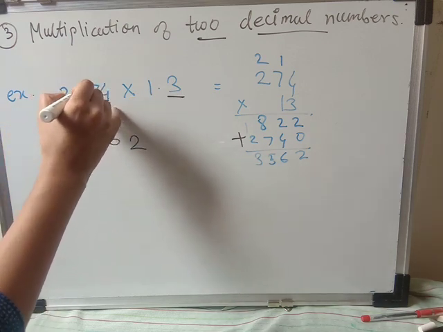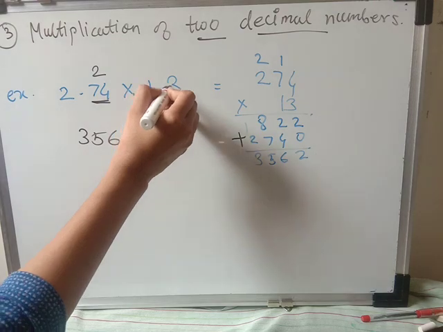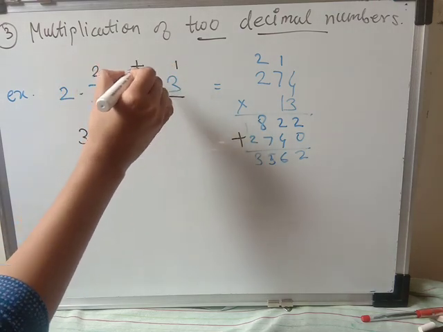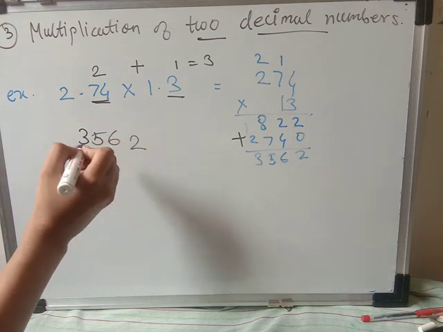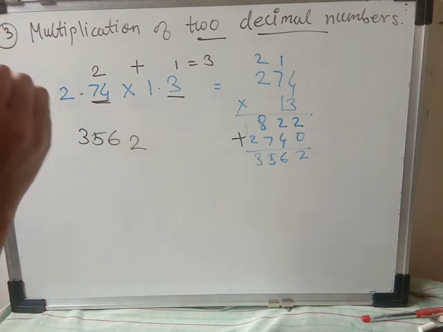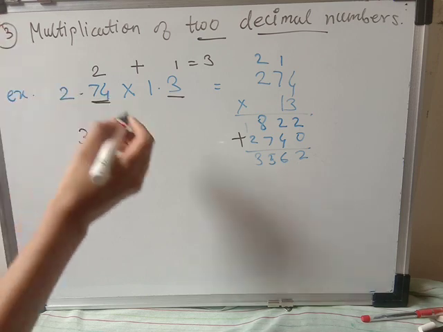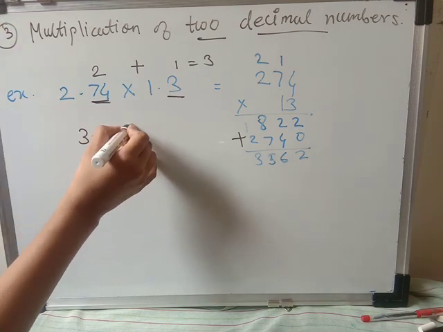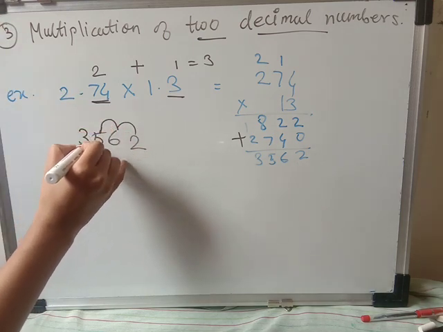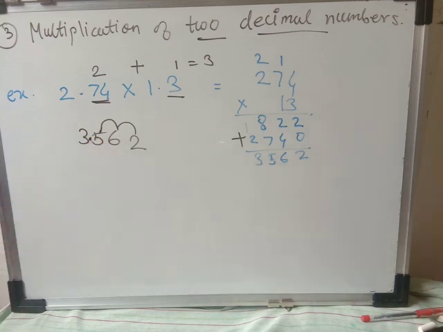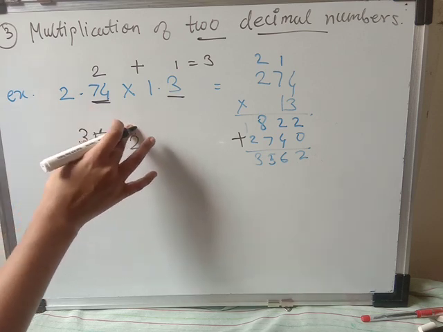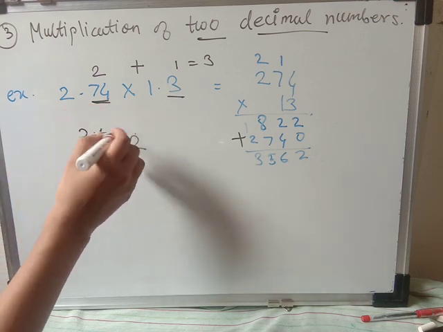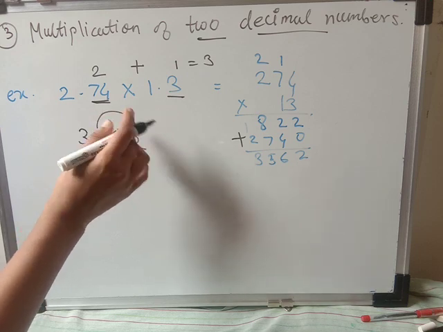Okay, so here after decimal 2 places are there, and after decimal 1 place is there, so 2 plus 1 is equal to 3. So from the last you have to point, means you have to start from the last 1, 2 and 3, and here you have to put the decimal. मतलब पीछे से हमें स्टार्ट करना है, आगे से नहीं. आगे से करोगे तो यहाँ पे आ जाएगा और आपका आंसर गलत हो जाएगा. जब भी कभी डेसिमल देना है तो हमेशा आपको राइट से लेके लेफ्ट में जाना होता है.